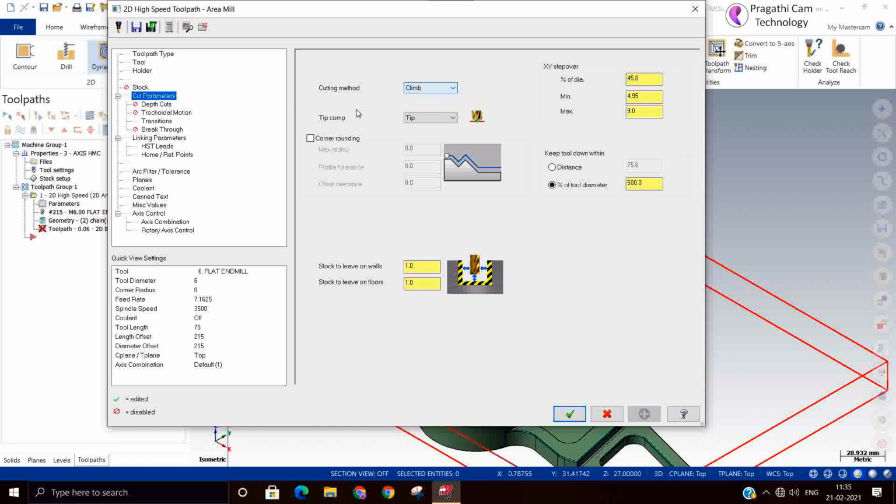Either what type of milling, climb milling or down milling, or up milling or conventional milling. So compensation you can see. Now here is the change. See corner rounding, and that is a sudden sharp turn. So automatically it adds some radius. Okay. So we can give maximum and minimum radius. So we have given 2 mm radius. Step over percentage is 45 percentage. You can give profile tolerance.